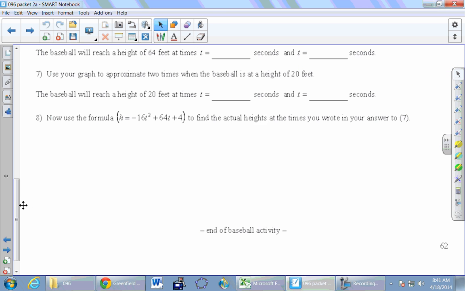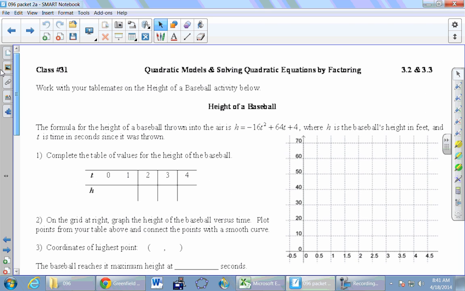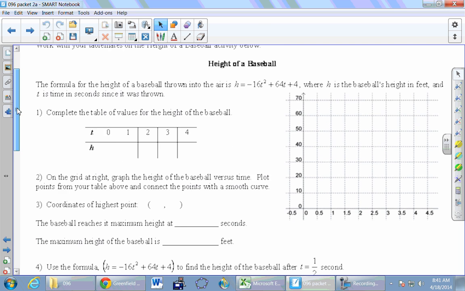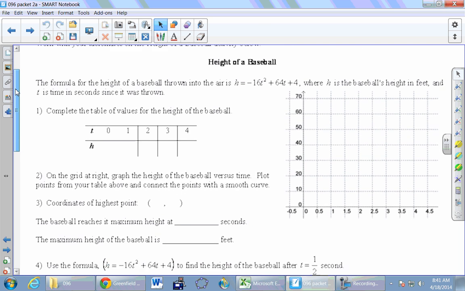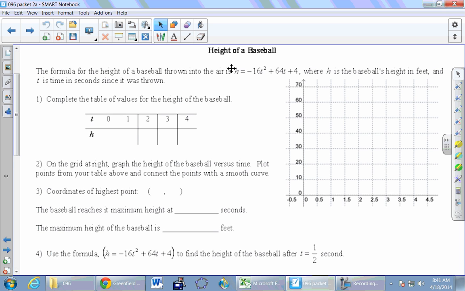All right. Okay, so again, we'll jump in here on page 62. Let's start up here at the top. So it says work with your table mates. Let's just do this together. So this activity has to do with the height of a baseball. I'll go to Alex for the formula part. Formula for the height of a baseball starting from the air: h equals -16t squared plus 64t plus 4, where h is the baseball's height and t is